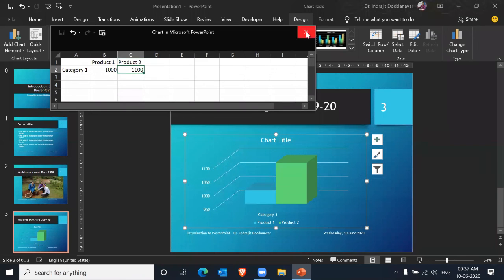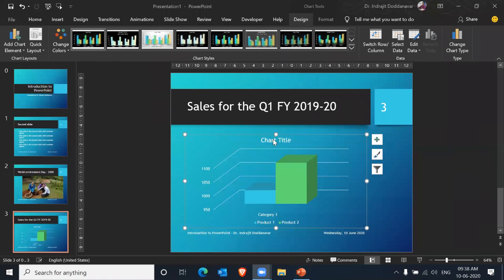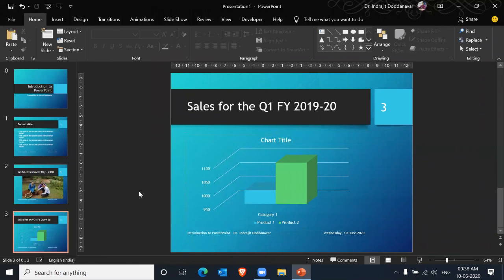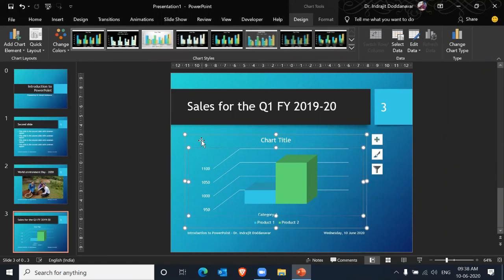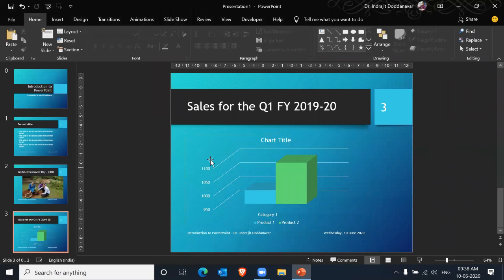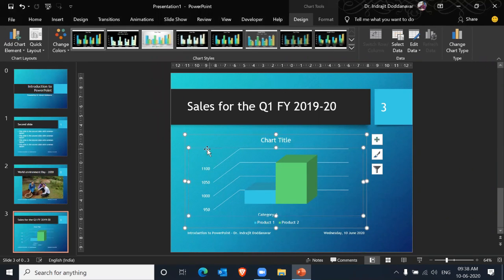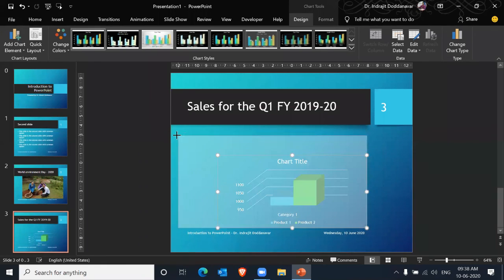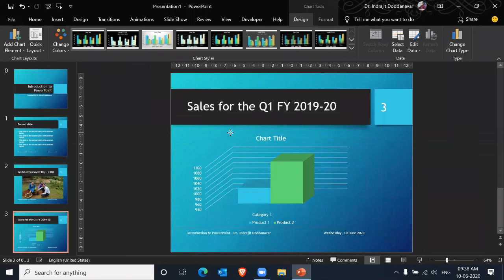Okay, then you can close this, and here, like in Word, you have got options to change the title, and all these. So here you can try it yourself. Similarly, you can change the size of it. So for changing the size, you will have to click on the chart and click on the outer box. This outer box. So when you click here, all the inside elements are deselected, and hold down the corner and change your size, or you can change your position.